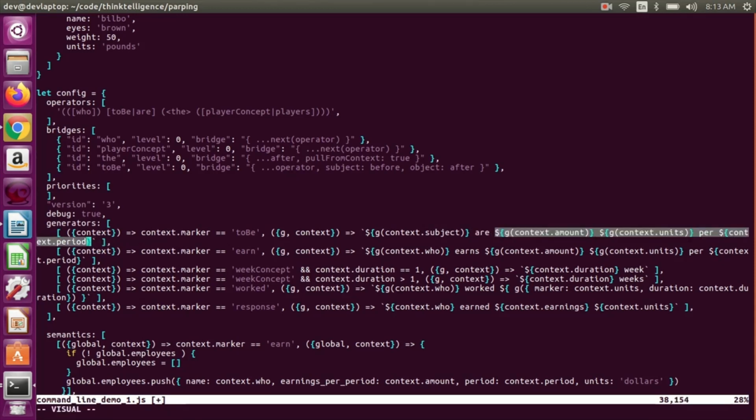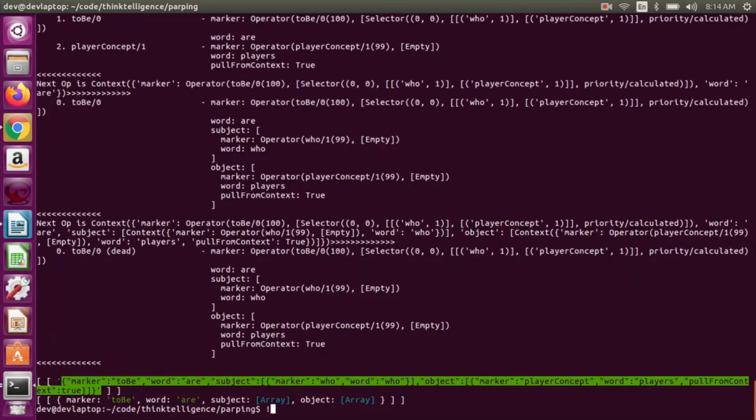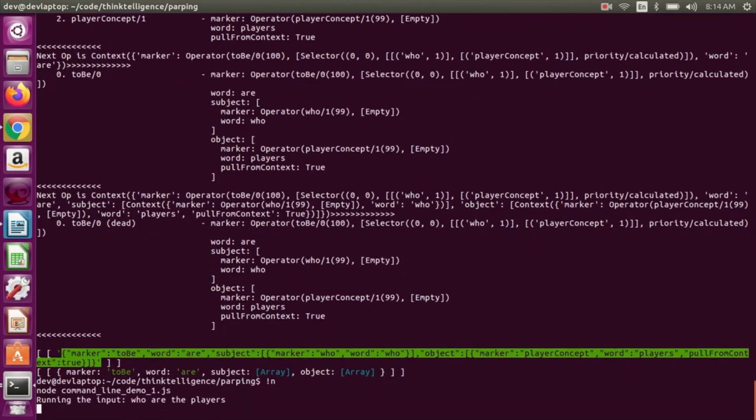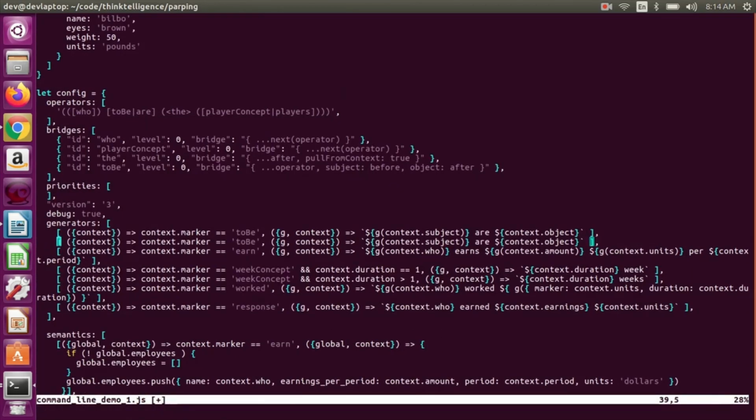So what we're going to do is make a string out of the context. The string is going to be this G function here in the first part where I applied it. That actually runs the generator again on the context. So that's important to do. Otherwise, it doesn't run the generator on the context. It'll just stringify the JSON. So we can see here now the string generator is looking more like what we want. Now we have subject as JSON, blah,